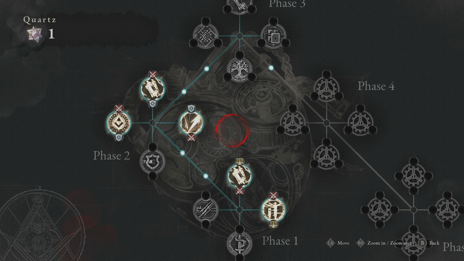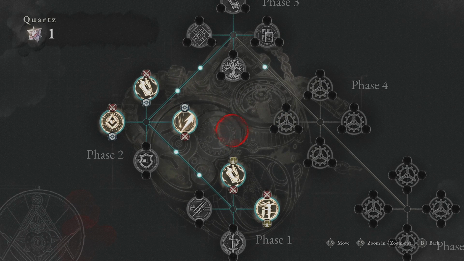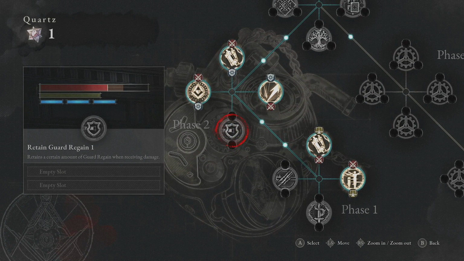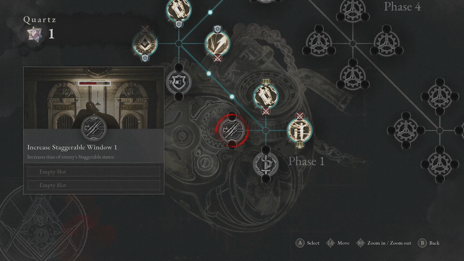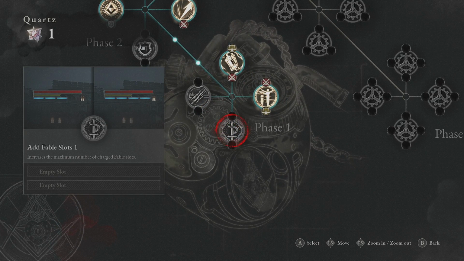No, so we're starting a new node, and I think I want to go for additional fable. So it's guard retain. Yeah, I'm pretty sure that's probably pretty good, because that means if you take damage after getting hit, you'll retain some of your health. Yeah, that's probably quite good, especially on a slower weapon. That's probably really good. But I think...